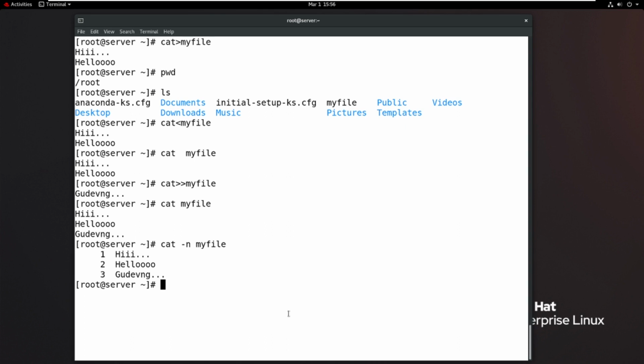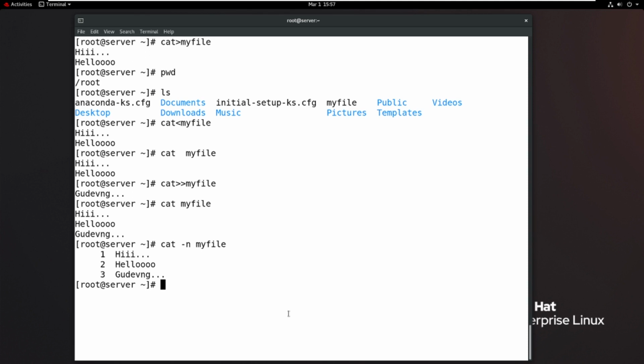So this is the overall cat command. But with the help of the cat command, we cannot modify the content, meaning we cannot edit the content. How to edit the content, I will tell you later. The cat command's responsibility is creating new files, printing standard output on the screen, and appending content to the file. So this is the cat command.